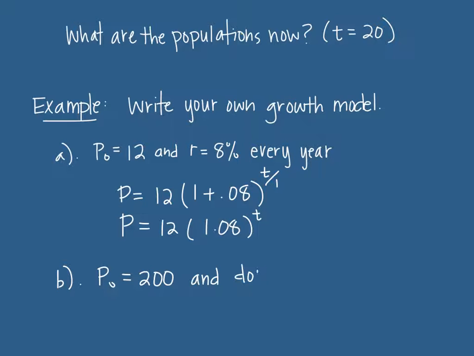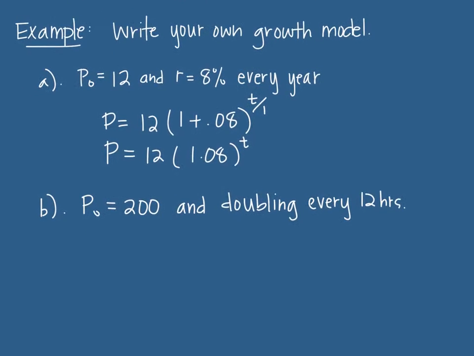And it's going to be doubling every 12 hours. So you want to practice writing a growth model for that. Doubling every 12 hours. So P equals, P sub 0 starts with 200, 1 plus,